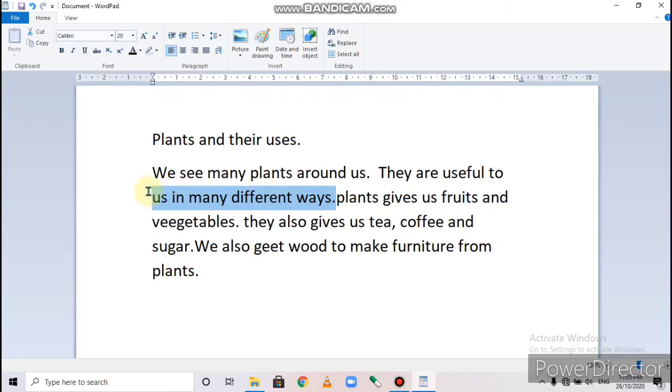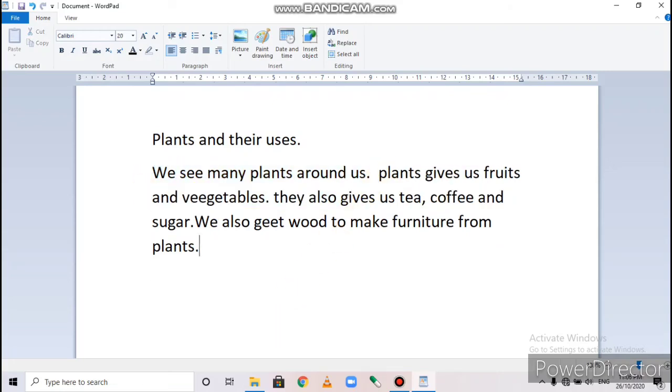You can see, if you want to add text between the text or between the paragraph, the first step is to place the cursor at that position where you want to insert the text by pressing the left mouse button.